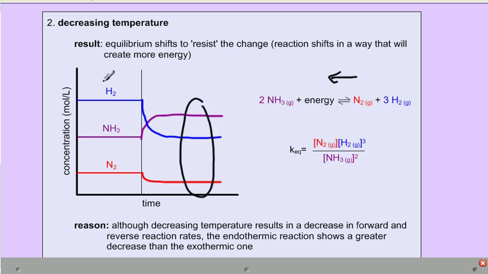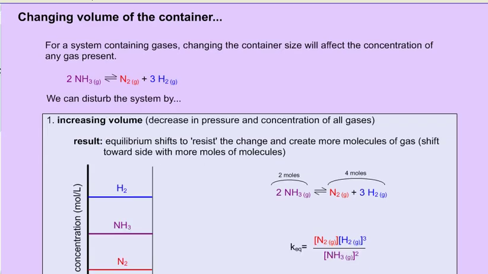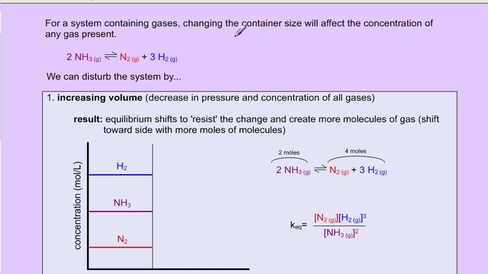And again, the K value, the number that you get before and after, will not be the same as one another. Okay? So if we add energy, we're going to shift in a direction that removes some of that energy. And if we take some energy away, we'll shift in a direction that replaces energy. The last thing here we've got is a change in volume. So we have a reaction that involves some gases, and if you imagine a container that has some kind of a plunger,